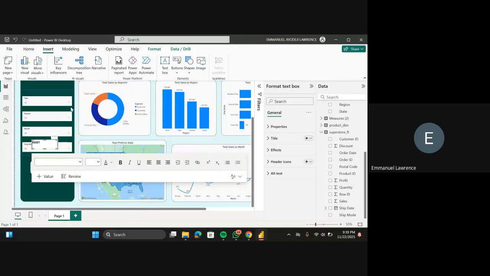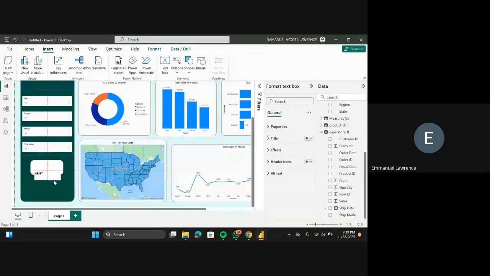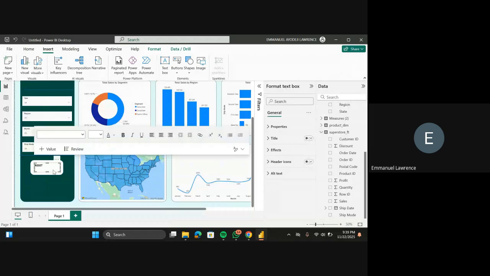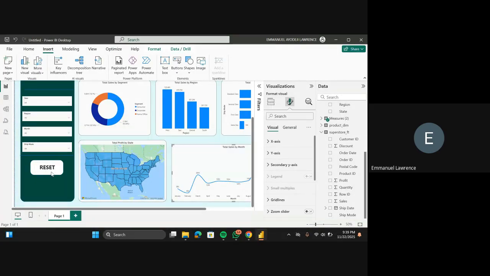I'll drag this down on this, right? I'll be placing it on top of it. I'm going to be aligning to the center. I guess the text is still tiny. So I'll increase from 14 to 20. It's still tiny. Let's make it 28. Exactly. This is looking better. So now, okay, this is looking better. Exactly. This is a reset button.